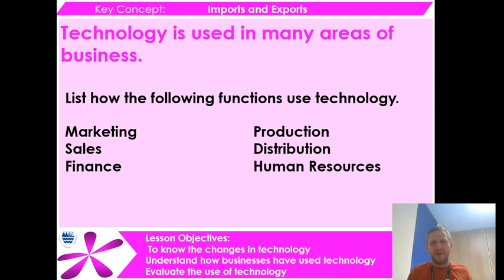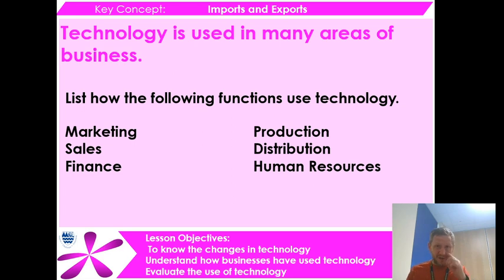So I want you to have a think about businesses that you know and how their marketing has been influenced by technology. We take a normal company, how do they use technology to advertise and tell us about their product? What about sales? When I go to buy something, is there any technology that I use there? I recently, I'm a big deal, got hold of an iPhone 11. My first iPhone for years, since I think the 4 was my last one. So I'm new to Apple Pay. Think about that in terms of how it's changed my life. I don't have to bring my wallet out with me.